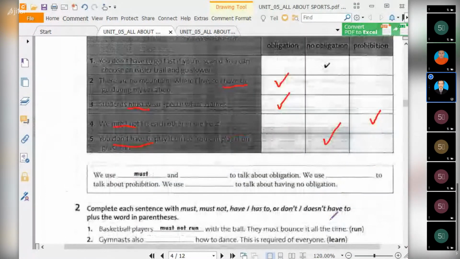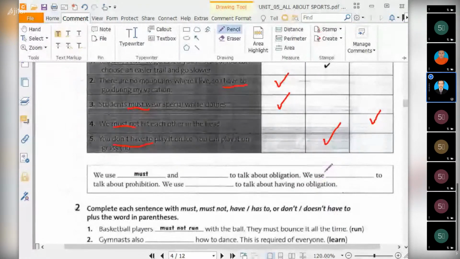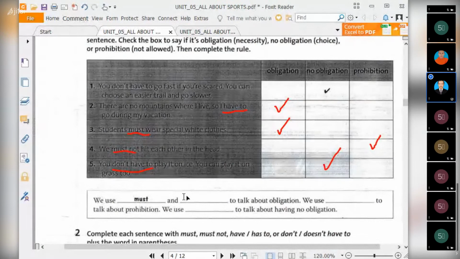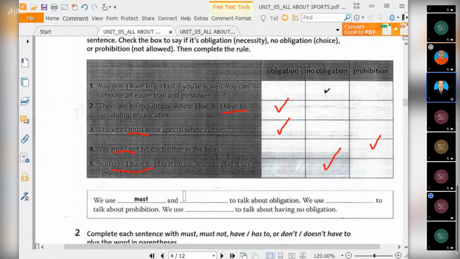Okay, thank you. You really understand what I have explained, that's why you have answered almost all the exercises correctly. Look at this one: sentence completion. We use must and what? Have to, has to, to talk about obligation. We use must not to talk about prohibition. We use don't or doesn't have to